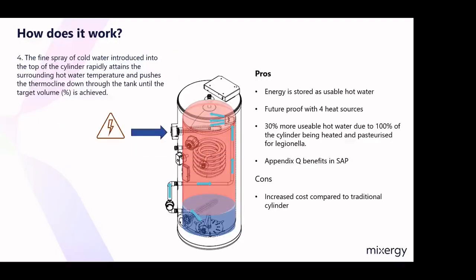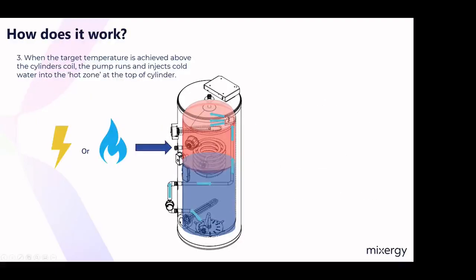So what we want to do is keep the water, go back a slide, the water above, if we imagine that disc as like a thick piece of rubber, it's actually made from water. If we keep the water above 50 degrees at the top and 18 degrees at the bottom, we're able to control that as a usable battery and store heat. So every watt of energy that goes into that tank is usable heat.